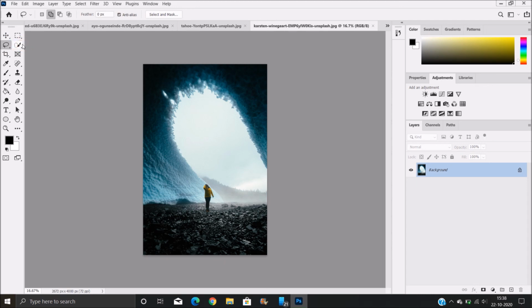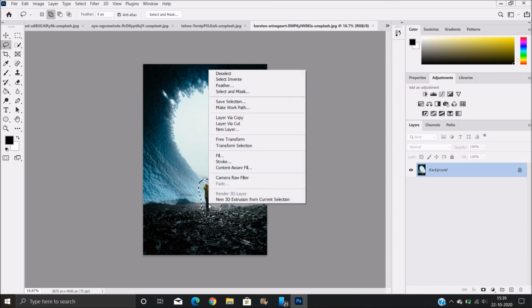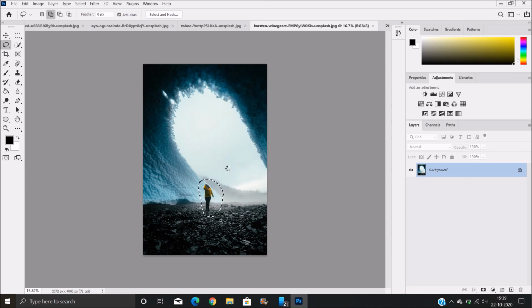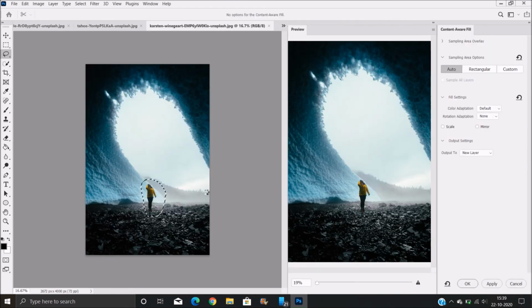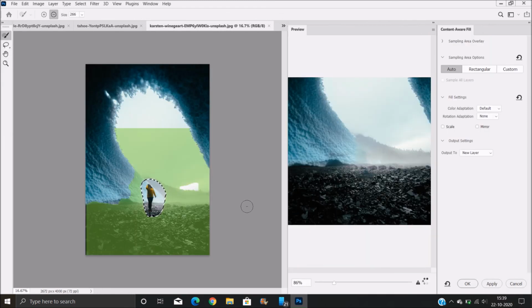All you got to do is make a selection of the area and right click on it and select Content Aware Fill. It's fast, isn't it?